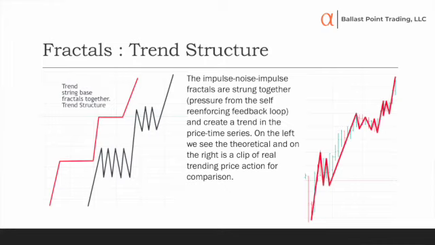Now, to the left here is the theoretical on what I'm talking about. To the right is actual real market data. And again, this is a chunk of data from the Qs, I think. And you see here an impulse, correction, impulse, correction, impulse, correction, impulse. It's not going to be super neat like we saw there, typically. Sometimes it is. But it's the same idea. You can see it right here in the data. You have no problem finding that.